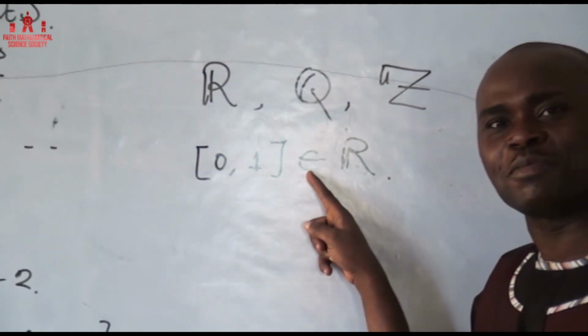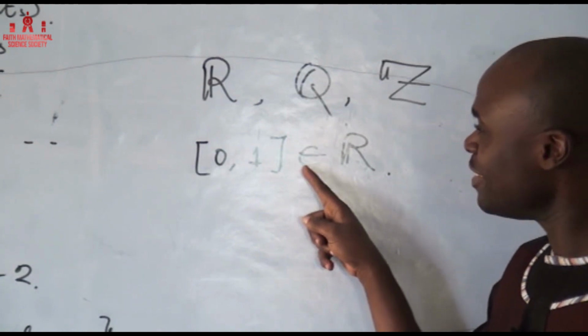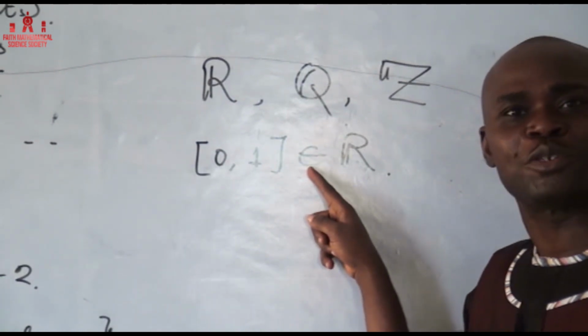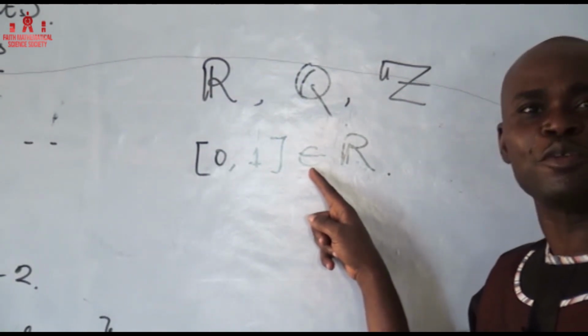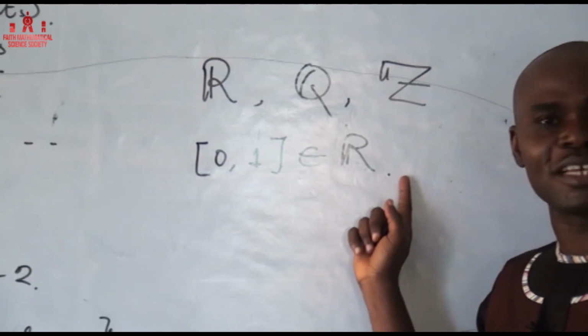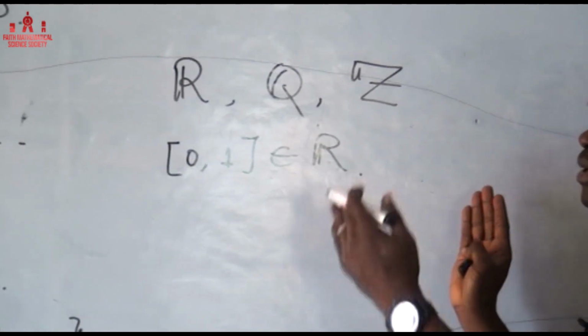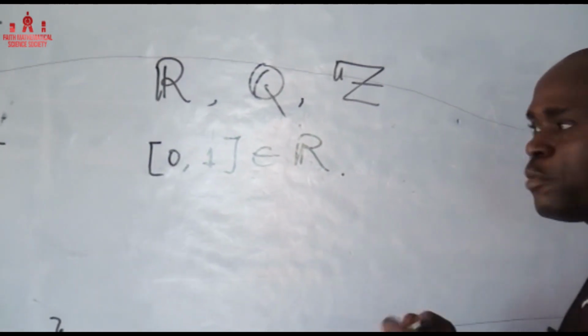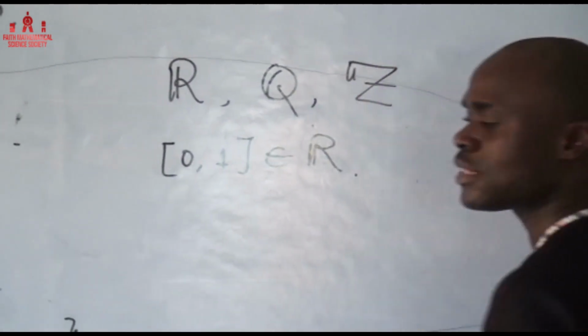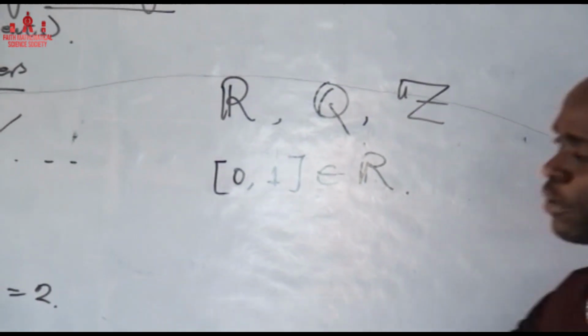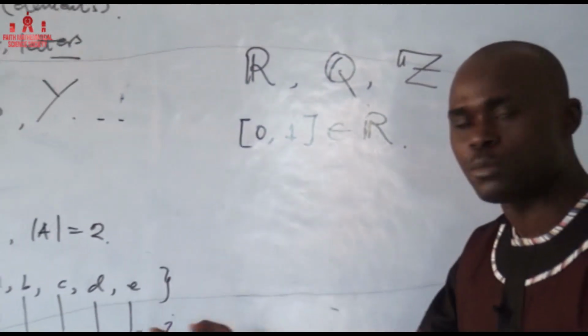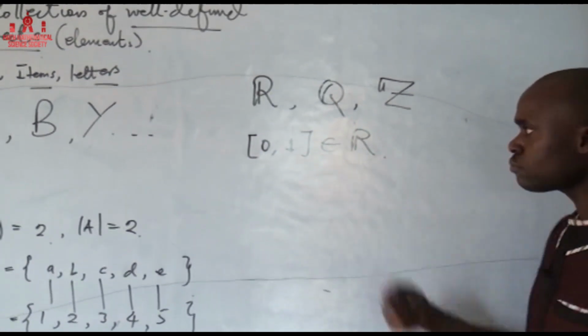Sorry, I didn't explain what this means. Element of is membership notation. This E is called the membership notation. So this is a member of this set. This set is bounded, because you can see the smallest element and the highest element, 0 and 1, but it is uncountable because we can't do this kind of construction here. So we say it's uncountable, but it is a finite set.